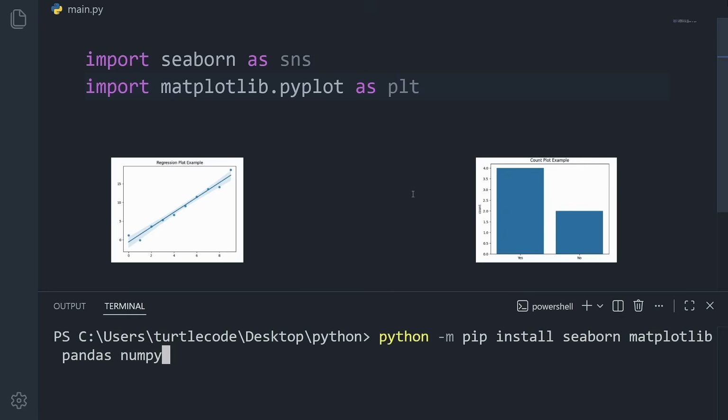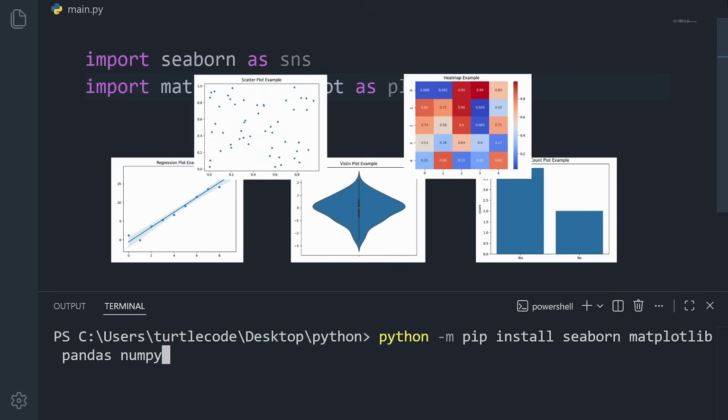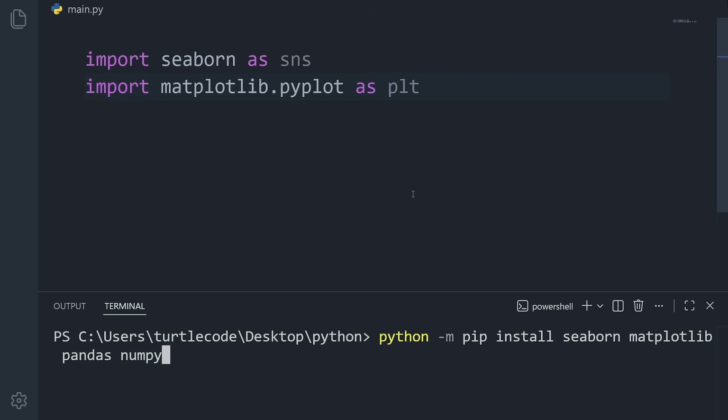In this video, we are going to learn Seaborn step by step using 10 practical examples. If you want to create clean, professional-looking data visualizations in Python and actually understand what your data is telling you, you're in the right place. Stick with me until the end of the video, because by the end, you'll be comfortable using several different chart